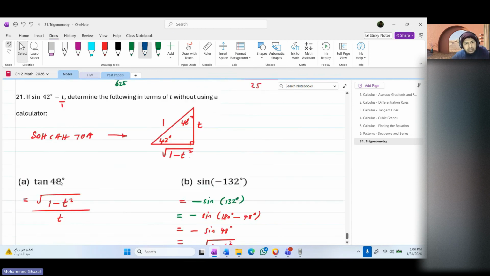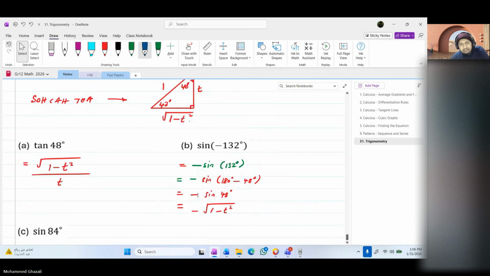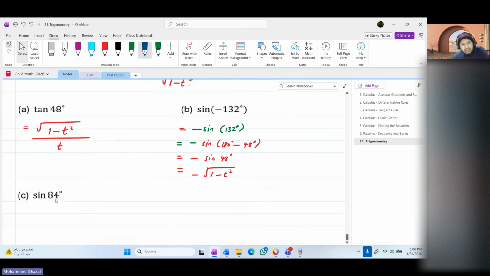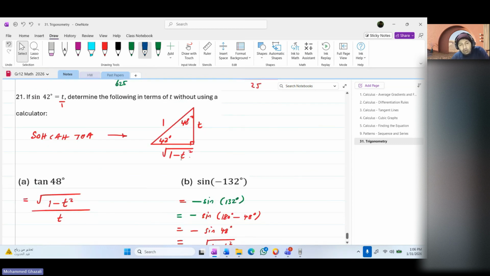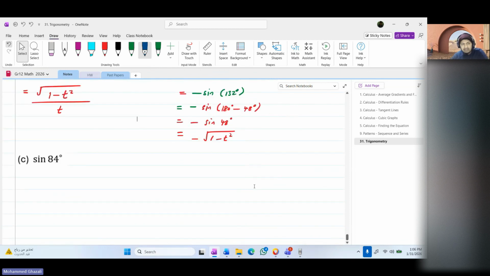Now we have 48 degrees and 42 degrees in our triangle. But now the problem is how are we going to get 84? There is no 84 here, but if you double 42, then you'll get 84. So this is a case where we have to use double angles in our triangle. So we've got sine of 2 times 42, and 2 times 42 is 84. So what is sine of a double angle? 2 sine 42